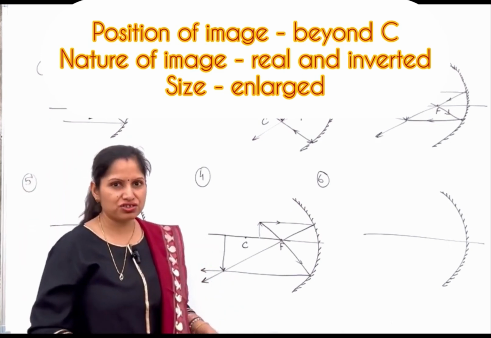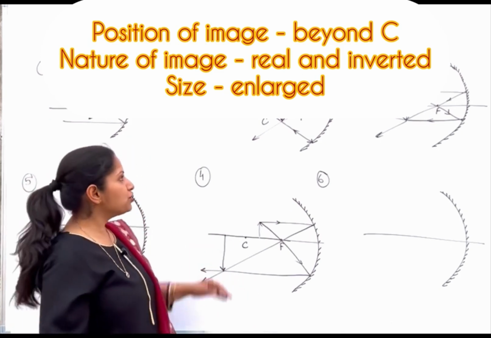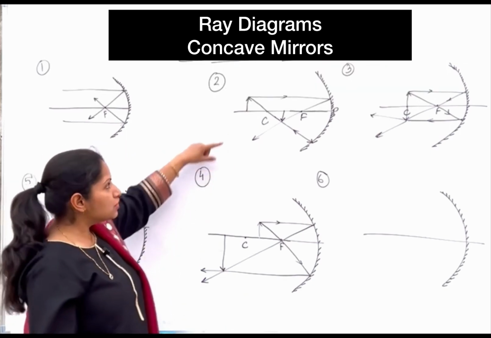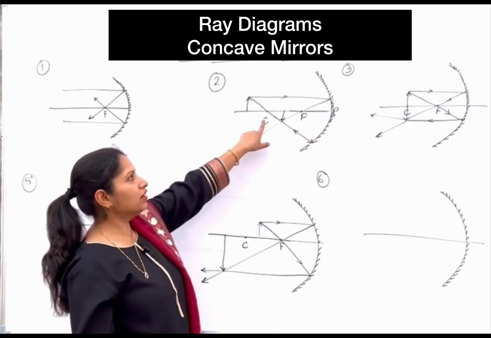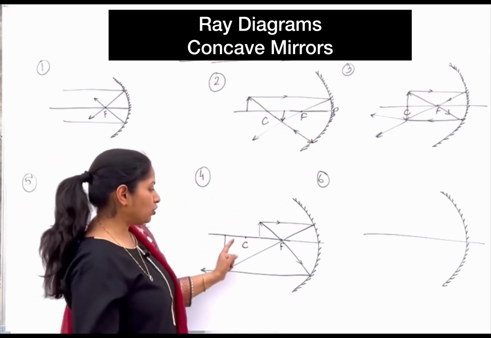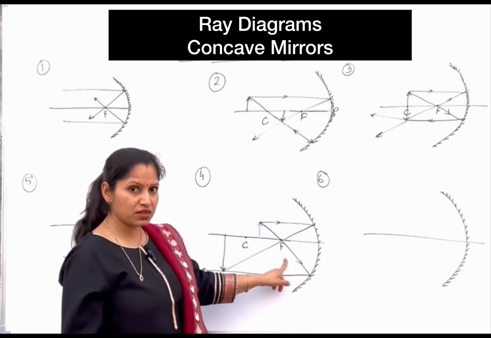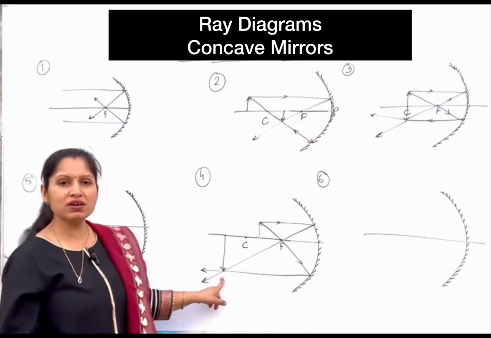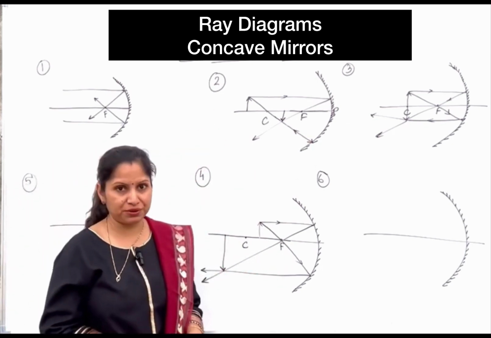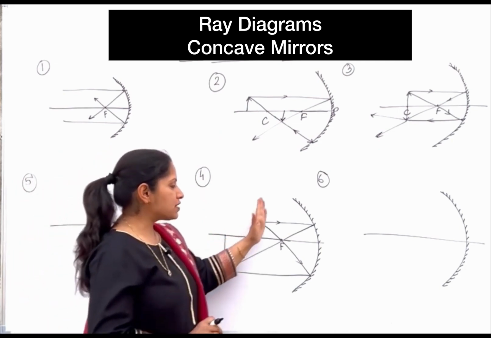It's enlarged, image size is enlarged. So हमने इधर 4 क्यों लिखा था, अब आपको समझ में आ जाएगा। जब ऑब्जेक्ट बियॉन्ड सेंटर ऑफ कर्वेचर था, इमेज बन रहा था सेंटर ऑफ कर्वेचर एंड फोकस के बीच में, बट नाउ व्हेन द ऑब्जेक्ट इज बिटवीन सेंटर ऑफ कर्वेचर एंड फोकस, द इमेज इज फॉर्म्ड एट बियॉन्ड सेंटर ऑफ कर्वेचर। तो ये दोनों कंडीशन एक दूसरे के बिल्कुल ऑपोजिट हो गई।